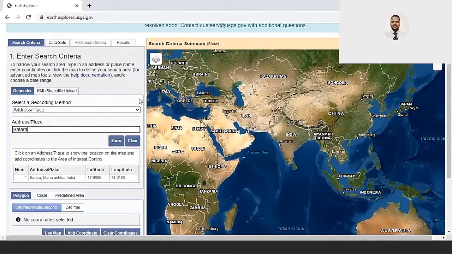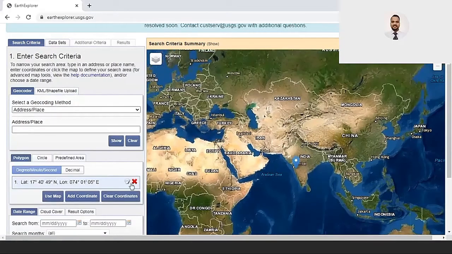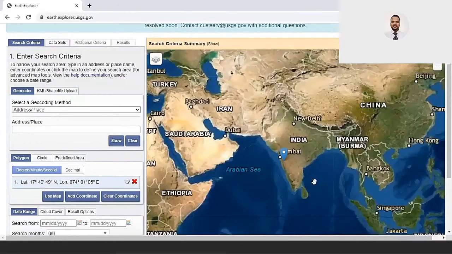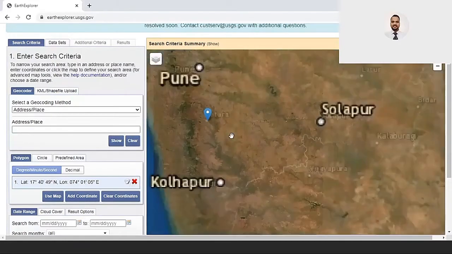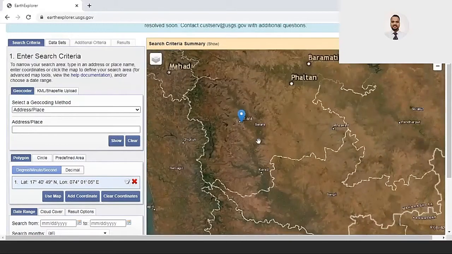After clicking on the show button, I check that the correct place, Satara, is showing. I click on Satara, Maharashtra, and we see the latitude and longitude of the Satara region. Now I zoom in on this region, and we can see the Satara region clearly.